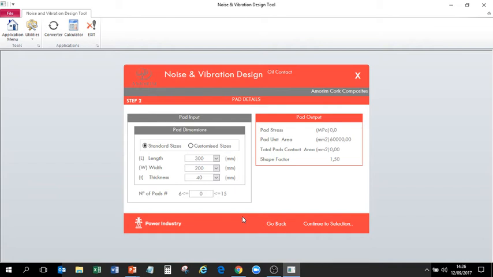Excuse me, Rui. What do you mean between 6 and 15? What is the impact in choosing the lower limit or the upper limit? We can simulate. Let's see, 6. The impact when we are using fewer pads, the contact area of material is lower, meaning the stress on the pad is higher. So you see with 6 pads, we have 1.3 megapascal pressure. If we change to 15,